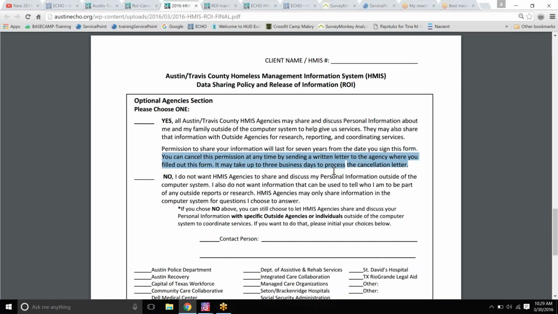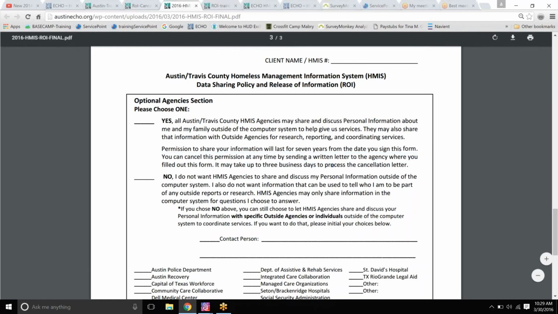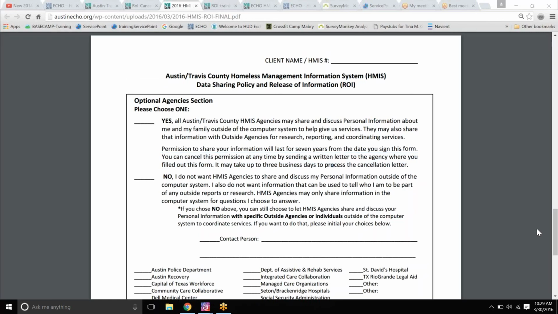And that's if even. But yeah, it's something to let them be aware of, that if they have come to you and they're like, hey, I got housing, I would like to cancel my sharing, then they can come back, fill out one of those cancellation letters, and it'll have to come to ECHO, and then it'll go through a process of us working with them. Good question. And again, that cancellation letter is on our website, and I'll send that again as well afterwards.